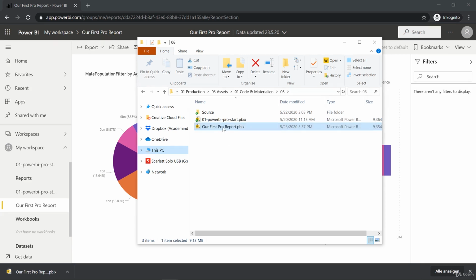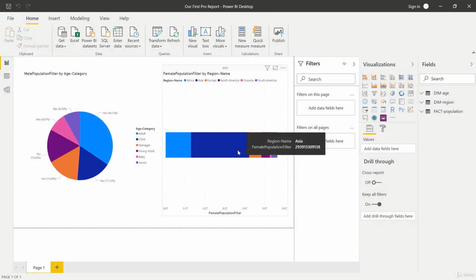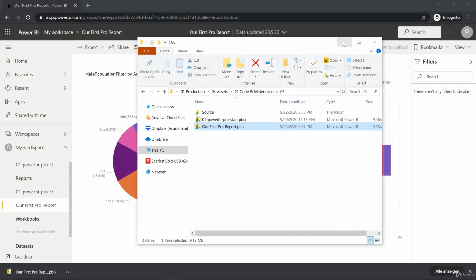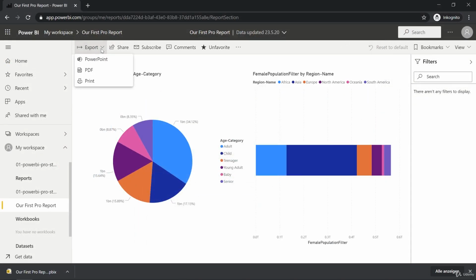So this is it. This is our first Pro Report PBIX file. So let's open that. And as you can see, we now have created a Power BI Desktop file based on a report that we created in Power BI Pro. Don't want to dive too deep in here. Just important to keep in mind that you have these options to save files locally that you created in Power BI Pro. So you can create a Power BI Desktop project. Let's close this now, maybe minimize that. Or you have the option to export it with these three options. So this is pretty helpful sometimes. So these are the main options actually here in this reading view on the report page in Power BI Pro. And let me close this down here.